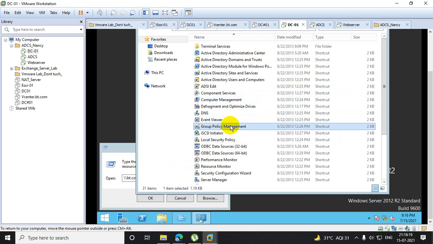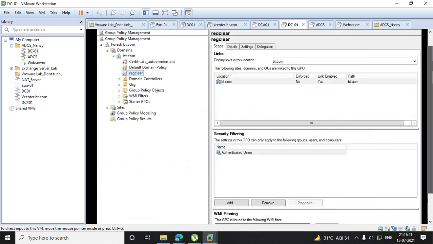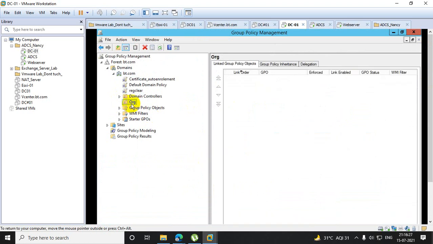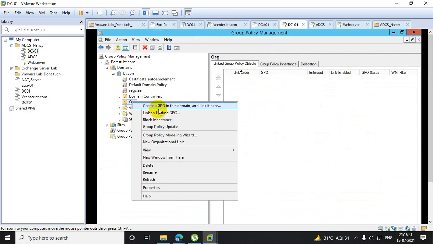So in Group Policy Management, I am going to create a GPO in this domain and link it here.